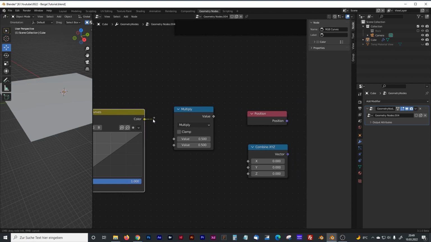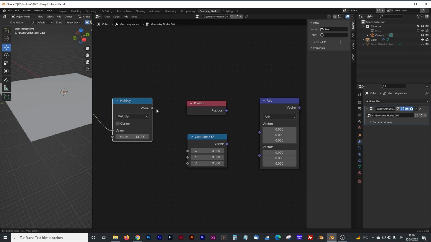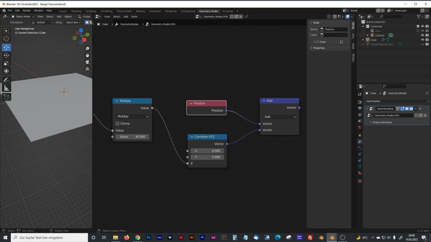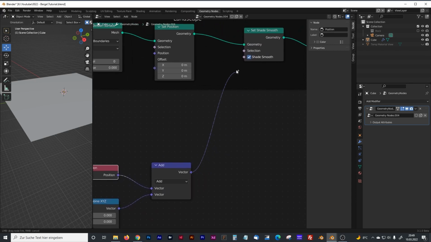The color output goes into the value, and that one later on will define the height of our mountains. So now we can already type in 30. We can adjust that later. And the multiply goes into the Z channel, and that one goes into the lower input, and the position into the upper input. And we leave that at add. And all this goes right into the,